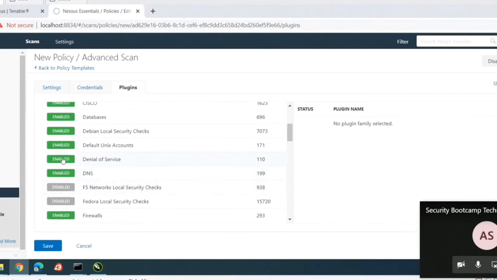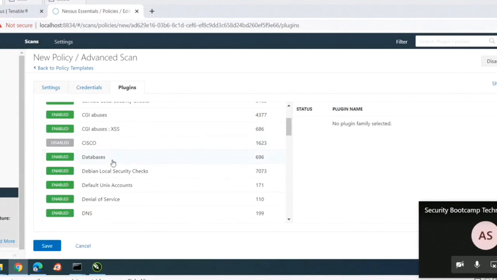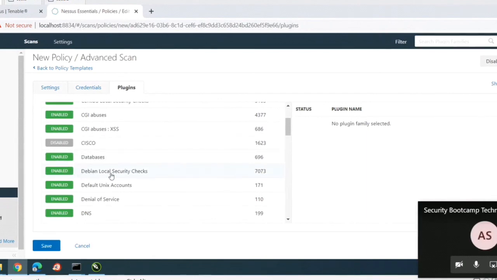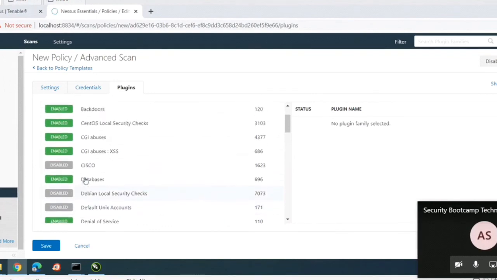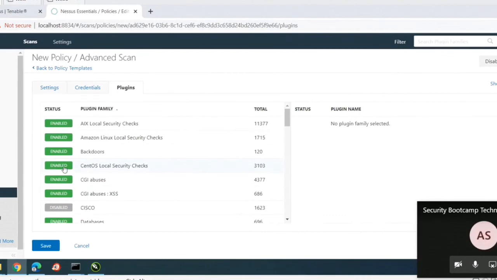Fedora, F5, Cisco, CGI. If you have web applications, meaning websites, then you can enable, otherwise you can disable. So I'm disabling this. Debian Linux and Unix, because I'm just going to scan my Windows computer.